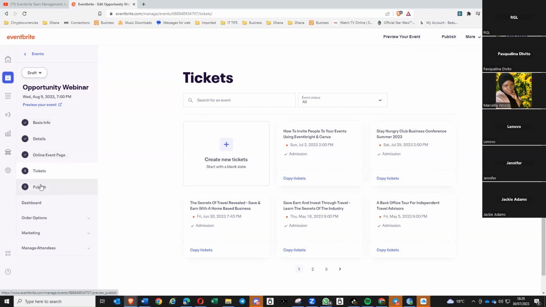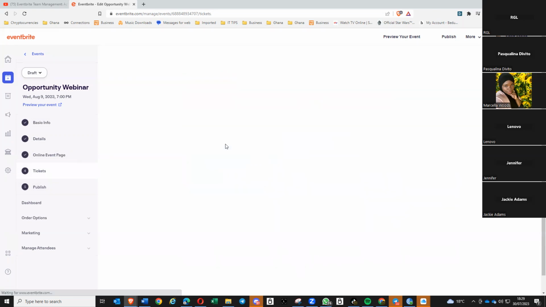You don't even have to publish it when you're first doing it. So let's just say, for example, you don't have the right images when you're first doing it. You want to play around and get the right image to publicize it. You can come back to it afterwards. So you don't have to worry about having to get it perfectly right straight away. So anyway, we're on the ticket section at the moment. So if I click on create new tickets,